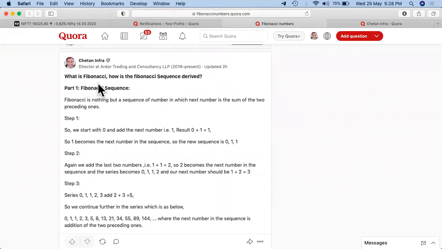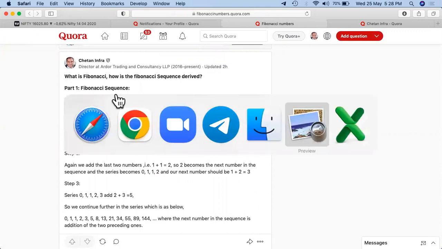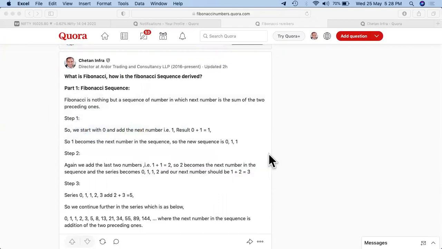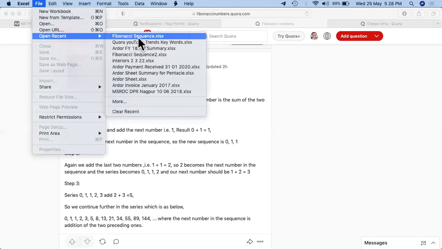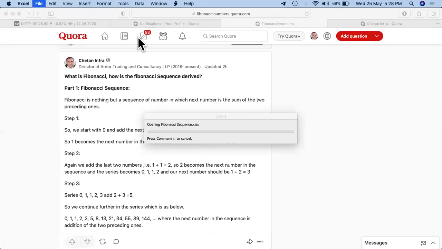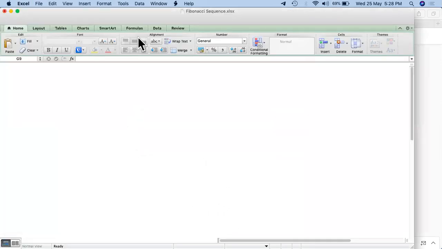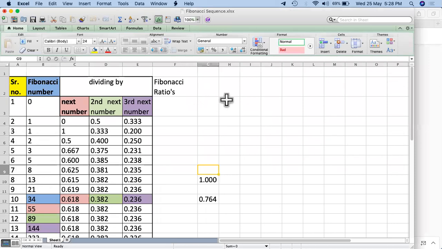What is Fibonacci? How is the Fibonacci sequence derived? Part one is going to be the Fibonacci sequence. Before going to that, let's quickly go on Excel and try to find out how the Fibonacci sequence works. This is going to be the Fibonacci sequence, but still I'll draw for all of you how it has been